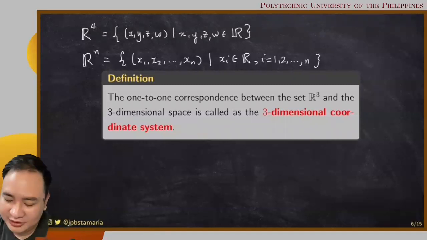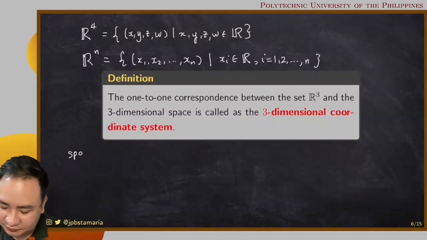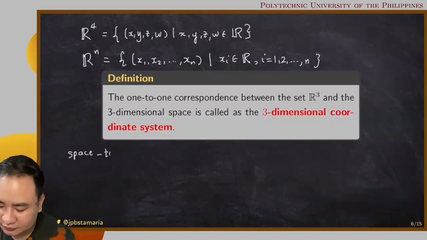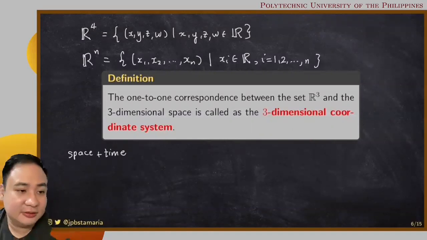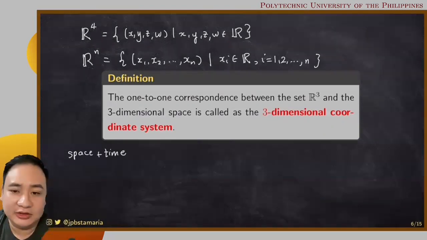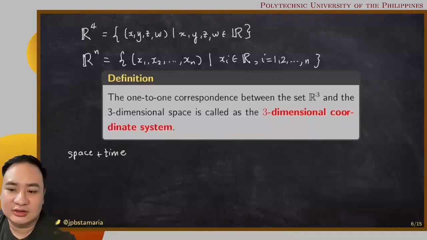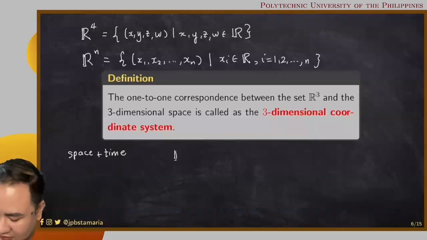Yung tinatawag na space-time. Kaya space-time kasi space plus time. Ang space natin may tatlong spatial dimensions and one extra dimension called time. Paano nyo maiintindihan ito? Ibig sabihin ang space-time ay R4,